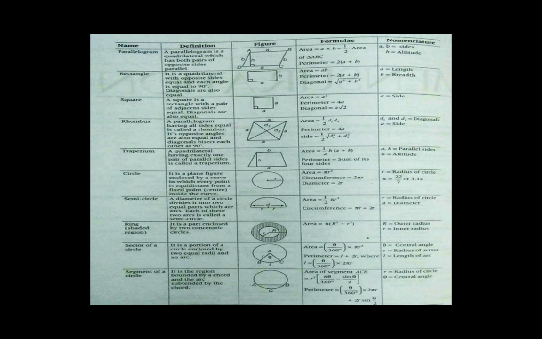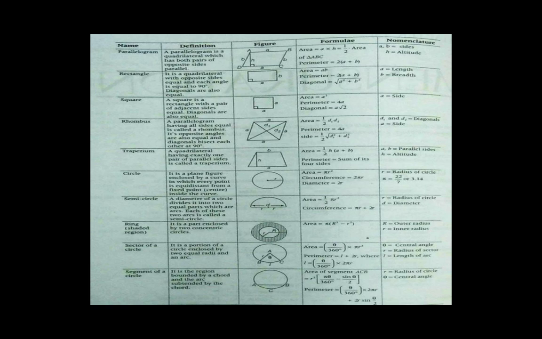Okay, so perimeter of parallelogram is 2 into length plus breadth. Okay, then next one is rectangle. In rectangle it is a quadrilateral with opposite sides equal and each angle is equal